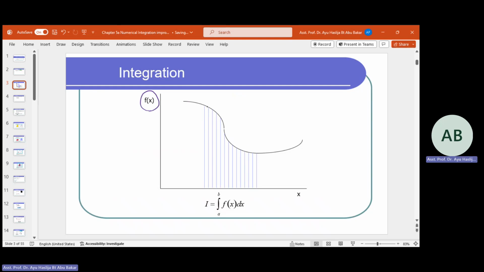If it is a linear line, it is easier for us to identify. You just identify 1 point, 2 point. So from here you can find the area under the curve. All area under the curve will be calculated. Okay, but if you have,